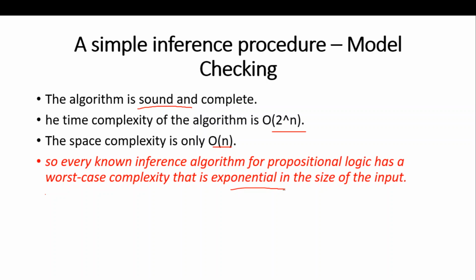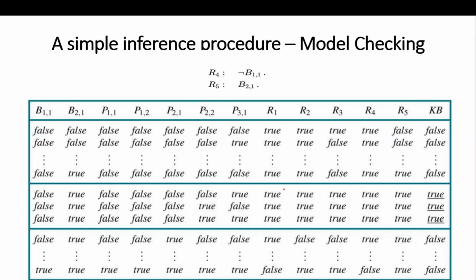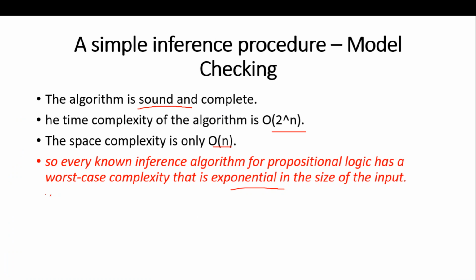So this algorithm is sound and complete, that's fine, but the drawback is that to infer one small piece of information, you have to build this big table. Only then can you infer this small information. Its time complexity is also exponentially high, as n here represents the number of symbols. As n increases, the time complexity also increases drastically. So these are the drawbacks of this model.